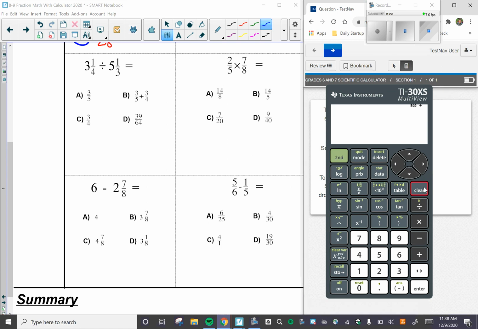So this next one, I have 3 1/4 divided by 5 1/3. I'm just going to type it right in my calculator. I want to have a mixed number, so I put my mixed number button. 3 1/4 divided by 5 1/3. I check it before I click anything, make sure it looks the same. 3 1/4 divided by 5 1/3 equals